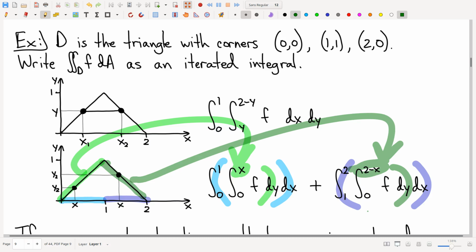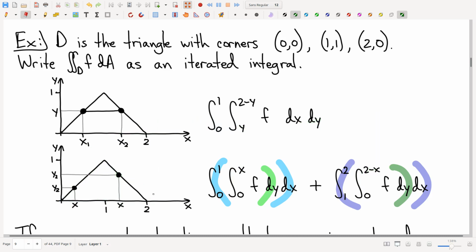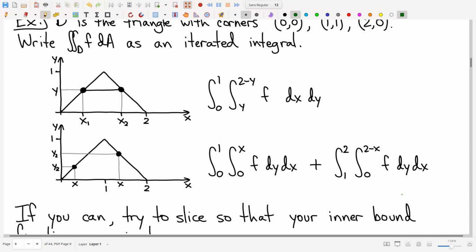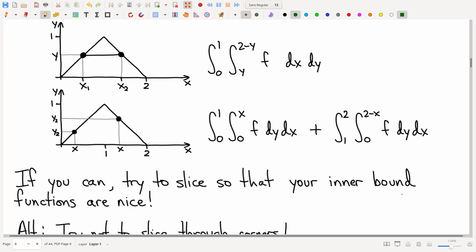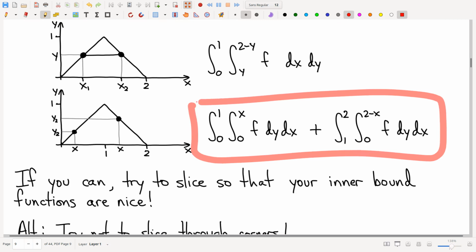So again, I could write them both down every time, and after I was done with effectively twice as much work, I could then eyeball and see which one looks better. But let's try to strategize on how I can avoid this in the future. And here's my idea. Ultimately, I feel like the problem here, the reason that I had to break this up as a sum of two separate integrals, the reason I had to cut it is because